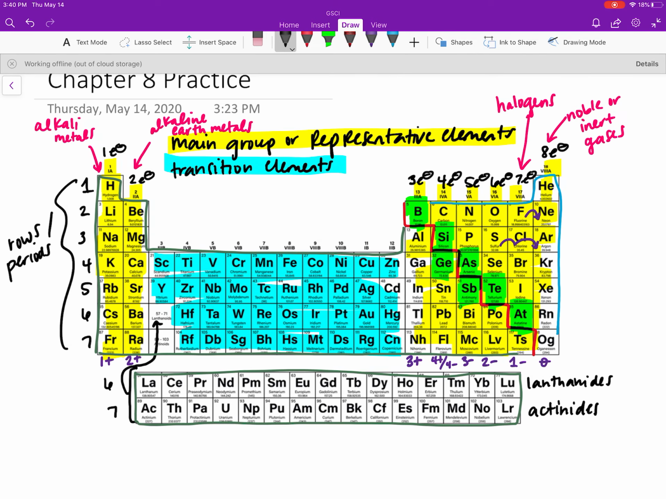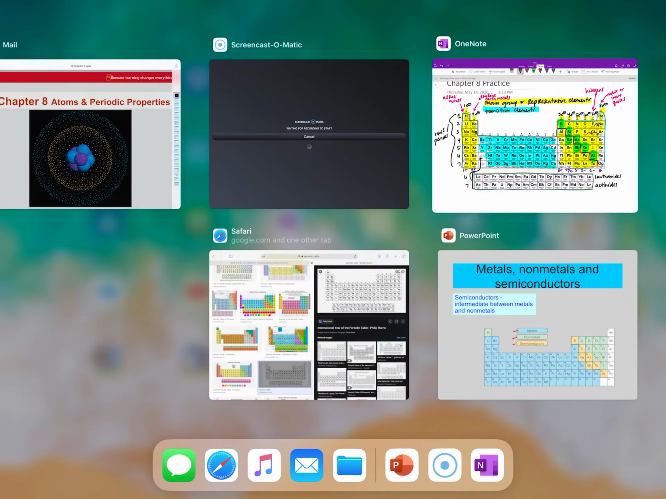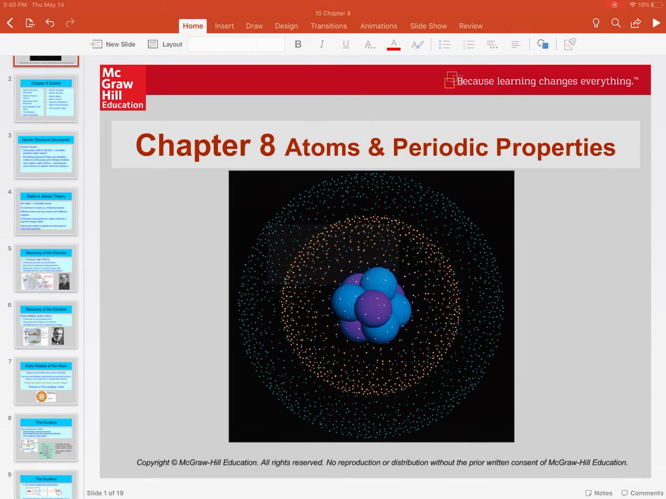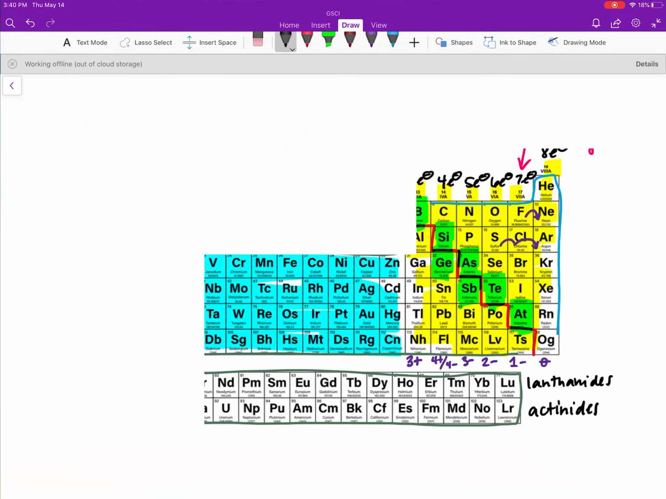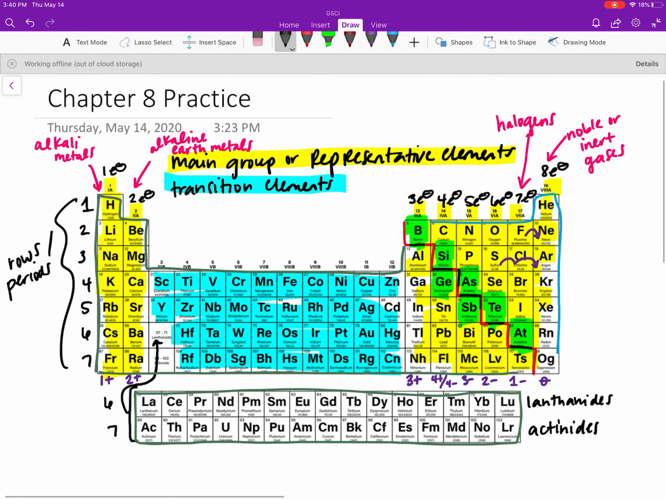All right, so you should have, I'm going to leave this up here for just a few seconds, you should have your periodic table labeled. Just make sure you complete the rest of the assignment for this particular chapter, and then you should be all done. Let's go back and make sure. Yep, we finished the end of our slides. Okay, so